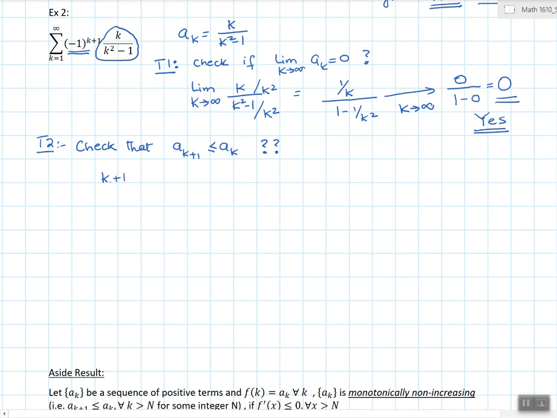So (k+1) over (k+1) squared minus 1, less than or equal to a_k, that would be k over k squared minus 1. So now we can cross multiply. So you get (k+1) times (k squared minus 1). Is it less than k times